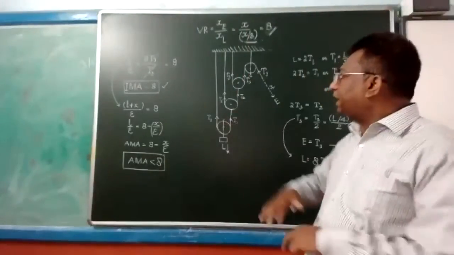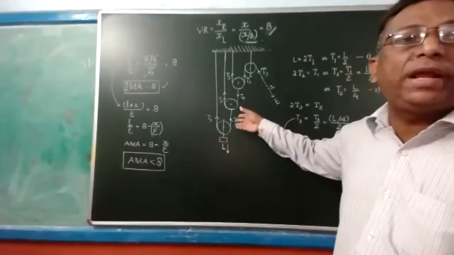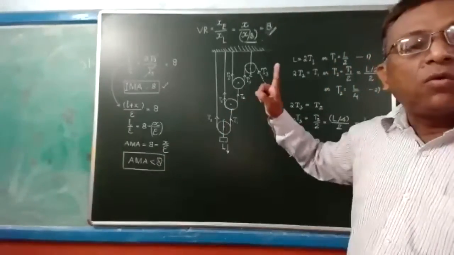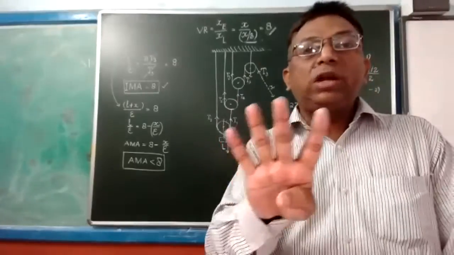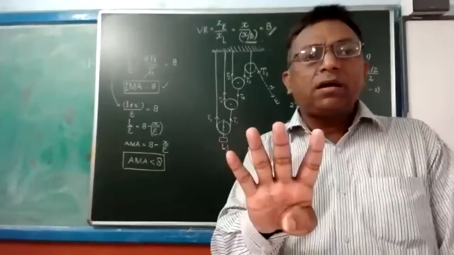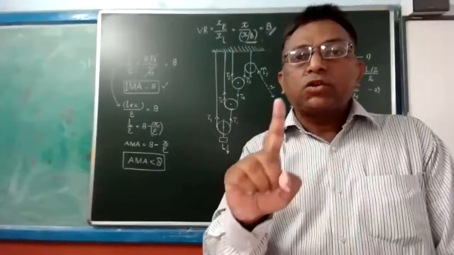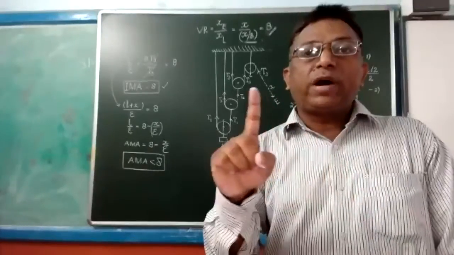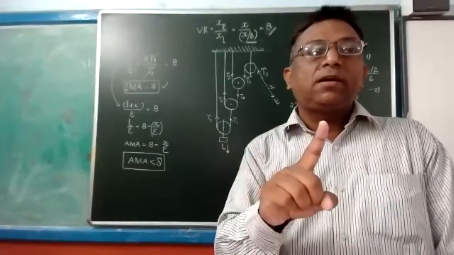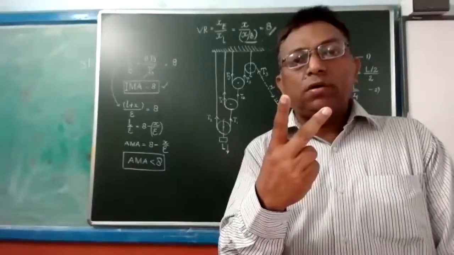How many segments are here? So this is a different kind of pulley. One fixed pulley and three mobile pulleys. You studied only four types of pulley system now. Single pulley system, so velocity ratio is 1. Single mobile pulley system, one fixed pulley and one mobile pulley. Clear? So their velocity ratio is exactly 2.